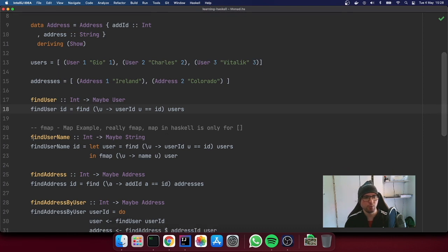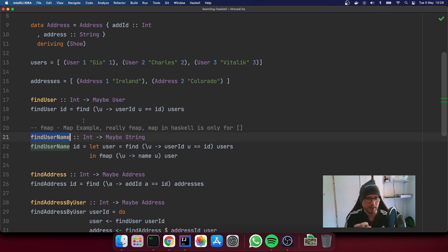But if we just want the username of this user, what we have to do is change the content of the maybe monad on the fly without getting the value outside the monad, if you know what I mean. The monad is wrapping this thing. That's the reason why lots of people say that monads are burritos, because they are wrapping contents, right? But again, forget about that.